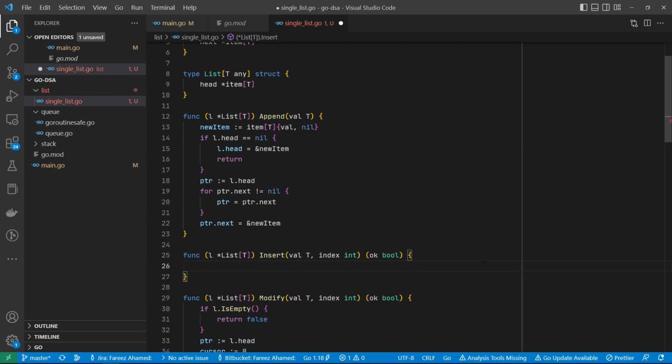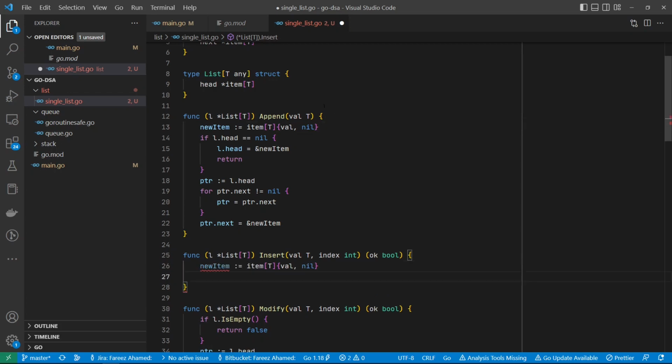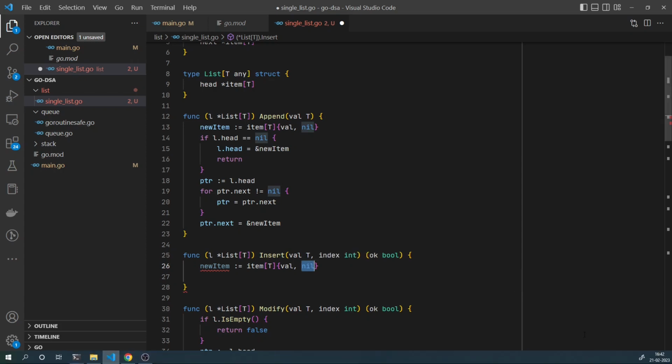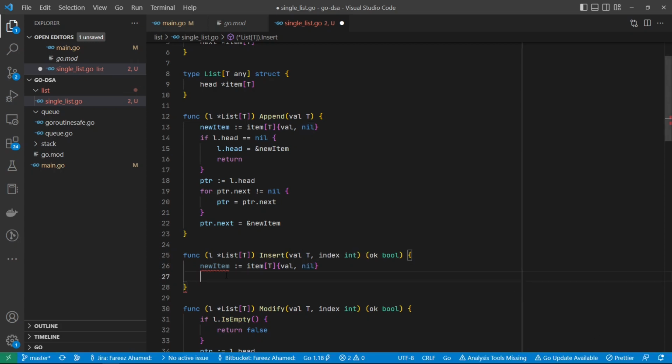Now when you are going to insert a new item, you are supposed to create a new item. So similar to append, you'll be having a new item, and the item will be having this value, and it will be taking the nil as well. Okay, now if L is empty,